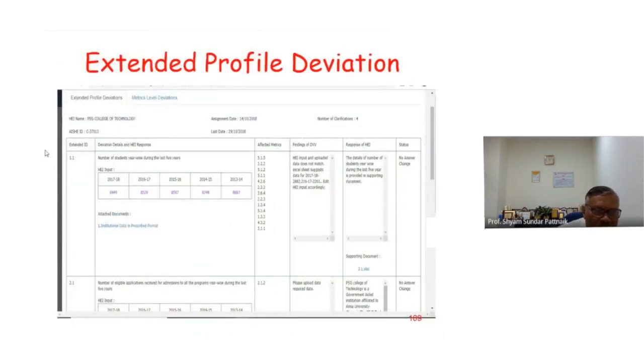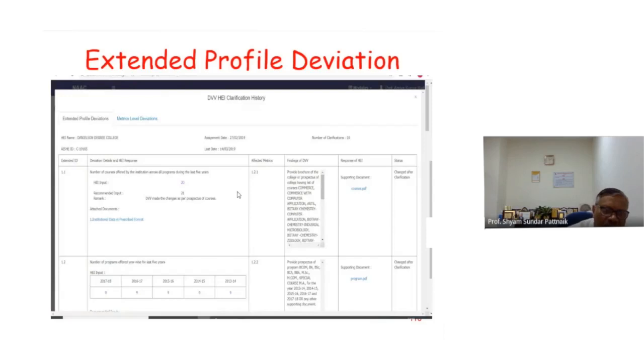When you see the matrix level extended profile, the number of students year wise is shown, then the affected matrices. What are the affected matrices? Findings of DBB will be projected to you, then the response of HEI, then the status, such as no answer change. If you are accepting, like here it is written, the detail of the number of students year wise during the last 5 years is provided in the supporting document. Accordingly, it is accepted by the DBB team, and they marked no answer change. Similarly,